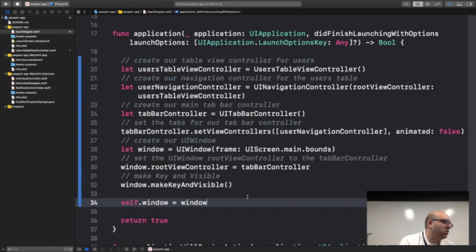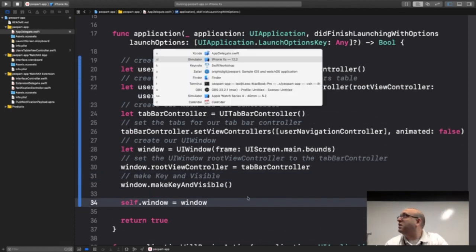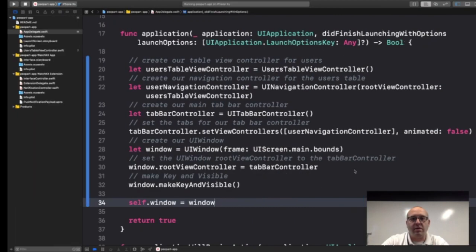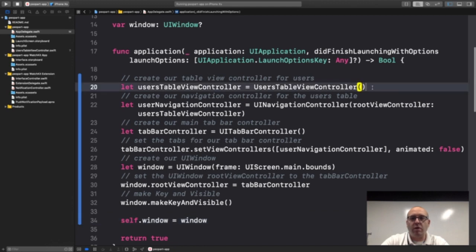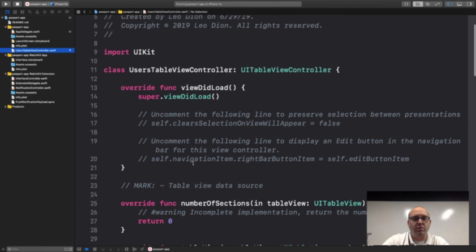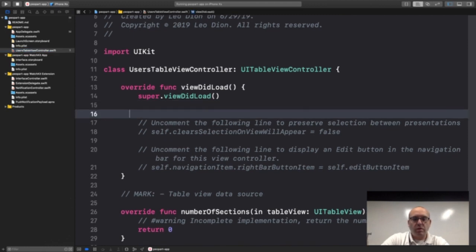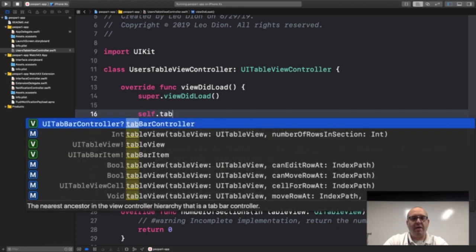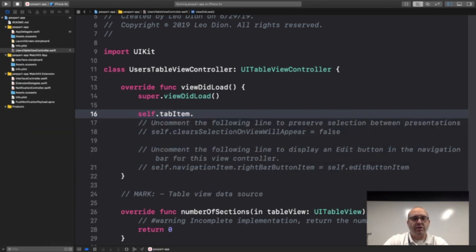Now you can see you have iPhone. But we have one thing missing, if you notice at the bottom. What's missing? The tab. Yeah. So we need to define the tab item for the view controller. Let's do that really easily. We'll do it in our viewDidLoad for now. If you do self.tabItem, we can then just set,